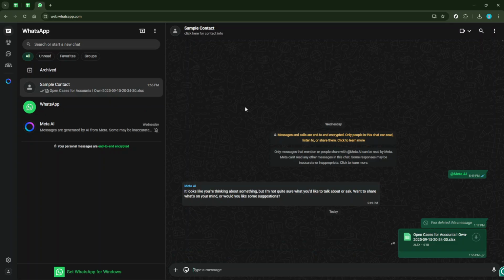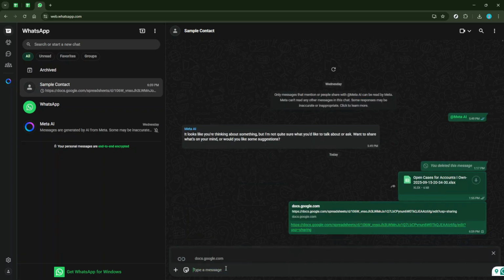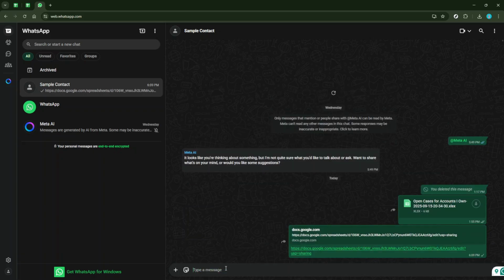If you're using WhatsApp for work or personal reasons, selecting the right group or individual contact will make sure your message goes to the right place smoothly and efficiently. Finally, paste the link you copied earlier into the chat where your contact or group is already opened. Press Enter, and just like that, you've sent the link to your Google Sheet. This simple action provides instant access to your document for the recipient, allowing seamless communication and collaboration.